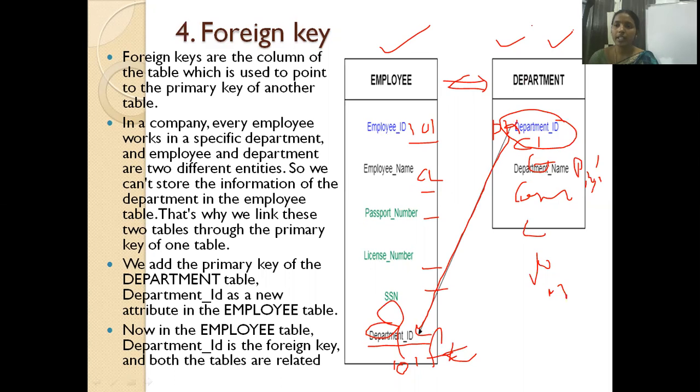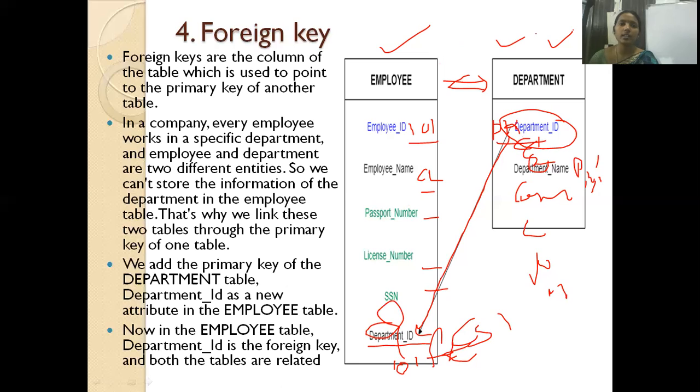Clear? So, if a value is deleted here, for example the value is deleted here, then this value also should be deleted there. Why? Because if you are changing C1 here to CS1, then here also it should be changed as what? CS1 only. Clear? So primary key of one table will act as a foreign key in another table when the two tables are in a relation. Clear?